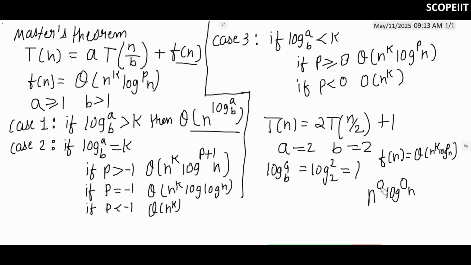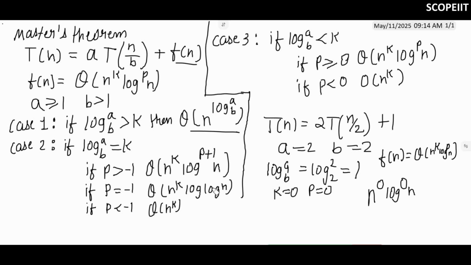If you still have some doubt, in the next question I will take log and where I will have n, then it will be more clear. Okay, so what you need to do, here we have 1. If you have 1, in that case your k will be 0 and your p will also be 0. So we got k is 0 and p is also 0.